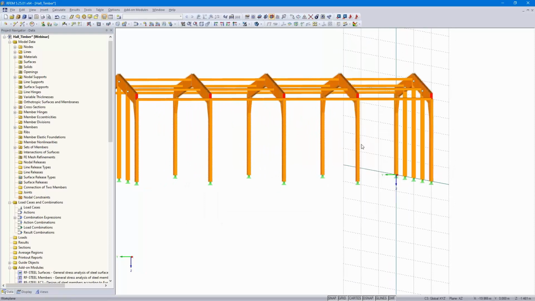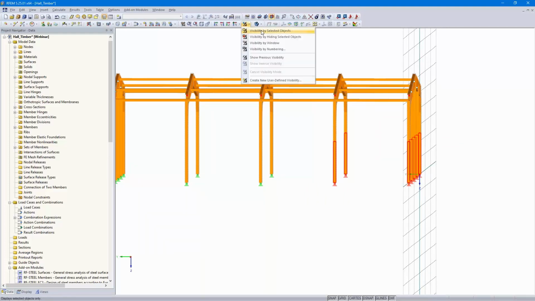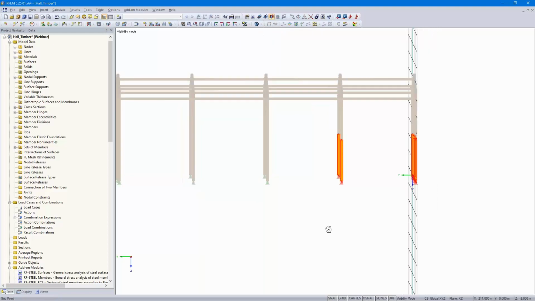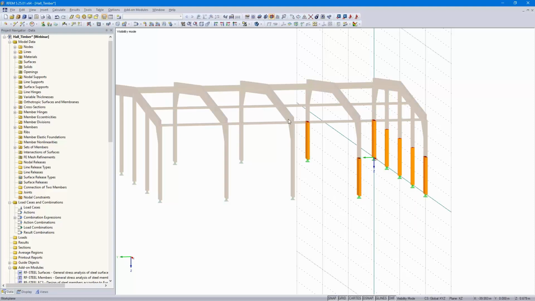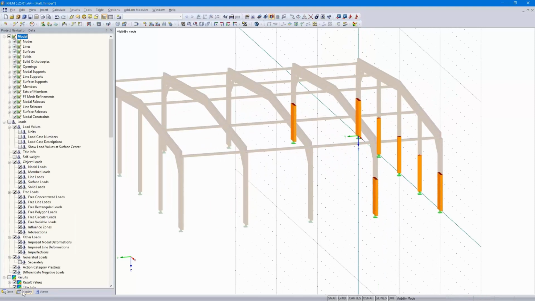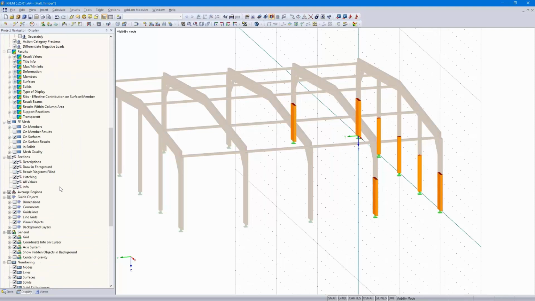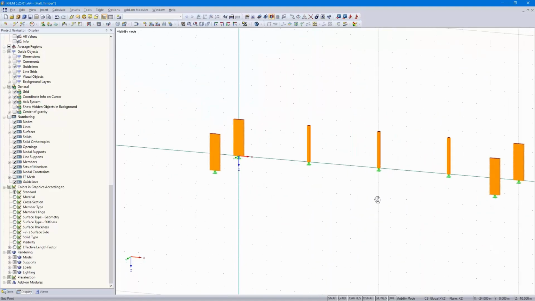Yeah, and that is the point where the platform is located. Okay, I select only the short columns, and let me show you only these columns. So, and now the hidden structure is still visible in a gray color, and I can hide them completely, the beams and so on. In the project navigator display, there is here the option show hidden objects in background, and I uncheck this. Okay, now we can only see